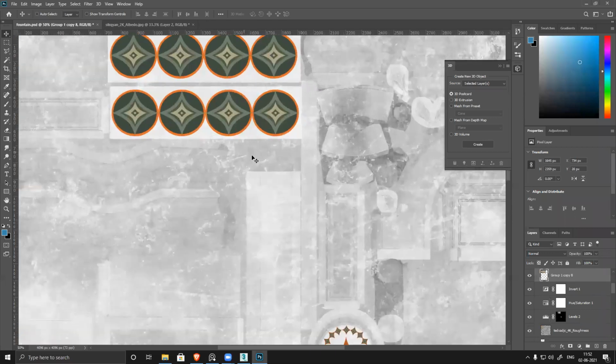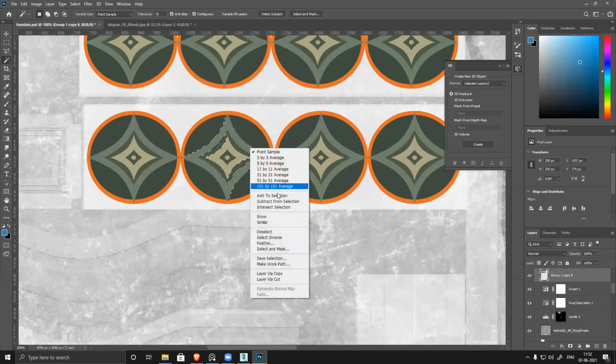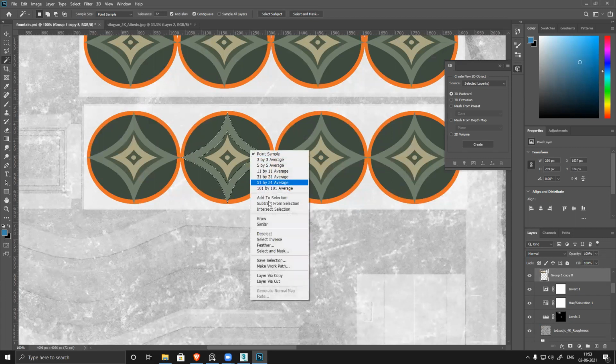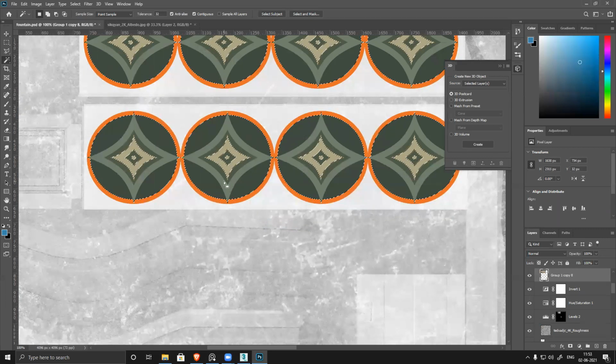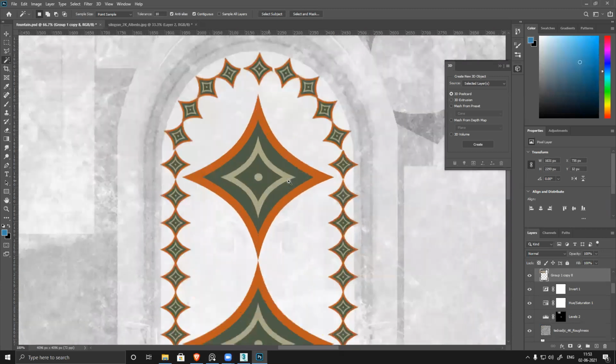I want to see this, and I don't want to make this part glossy. Select similar. Sorry, my bad. Reduce tolerance. So this part, suppose I want to make it super matte.